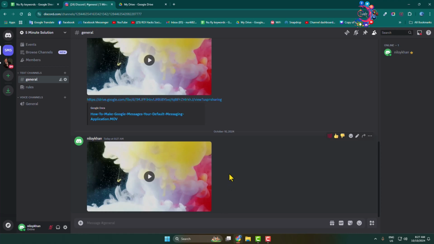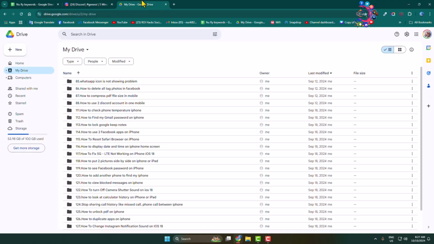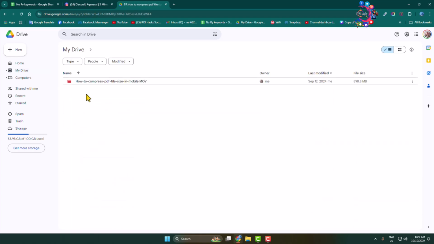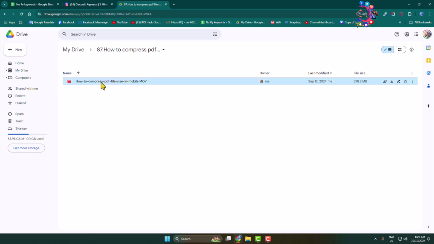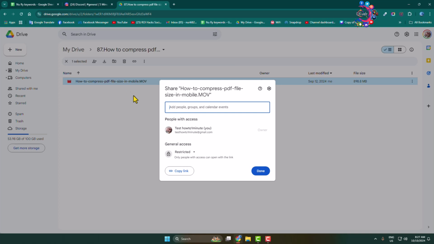And now if you have a large video file and you want to send the video in your Discord, in this case you have to use Google Drive. So go to your Google Drive and upload the large video in your Google Drive. Now select the video and click on the share icon,